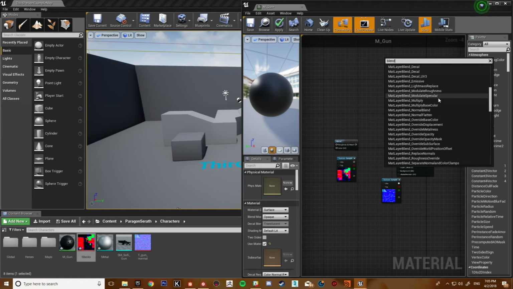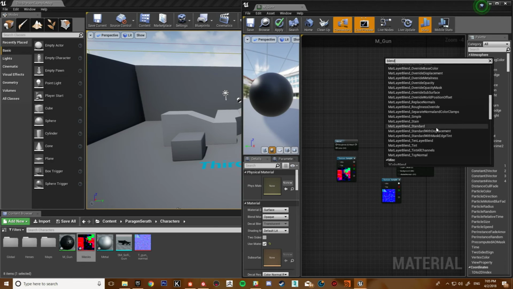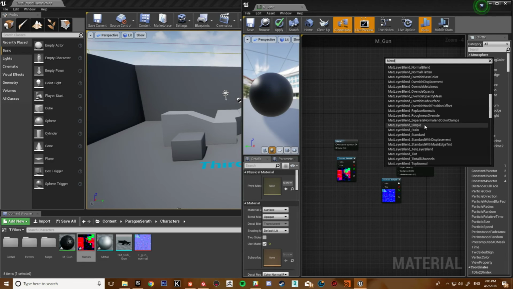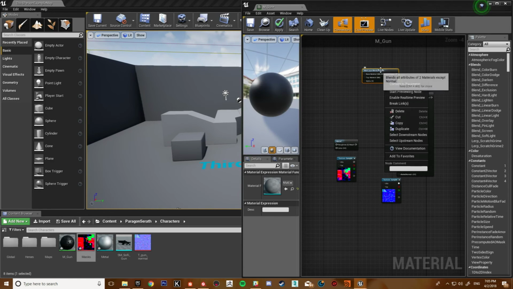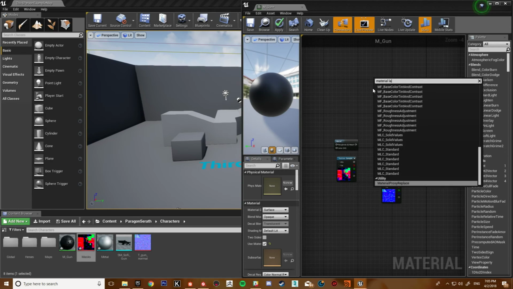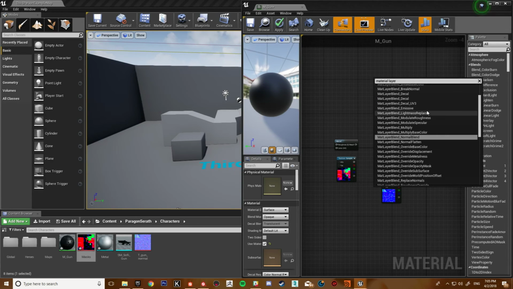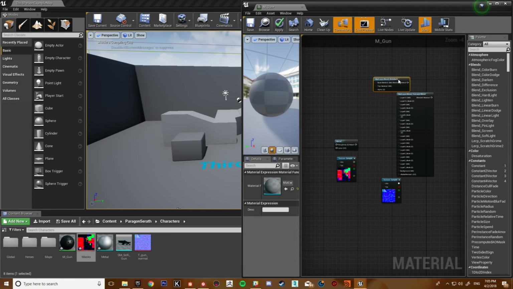Let's see. You would, yeah, material layer blend simple, or material layer blend complex, or whatever the other option is. Material layer blend standard, yeah.